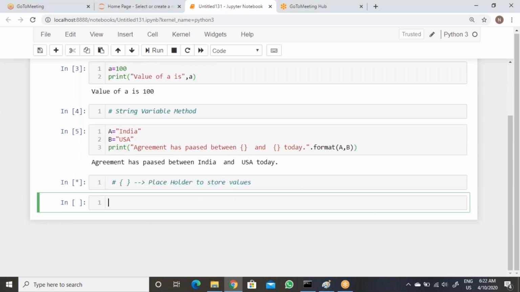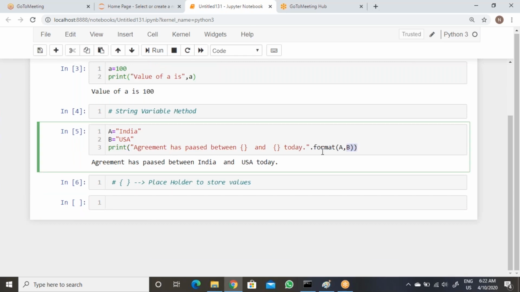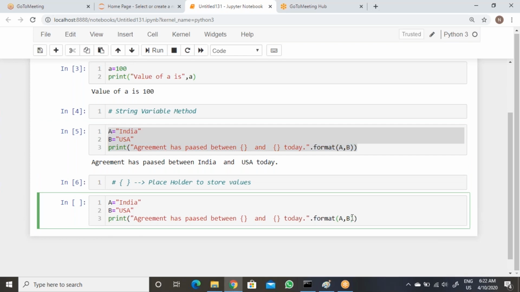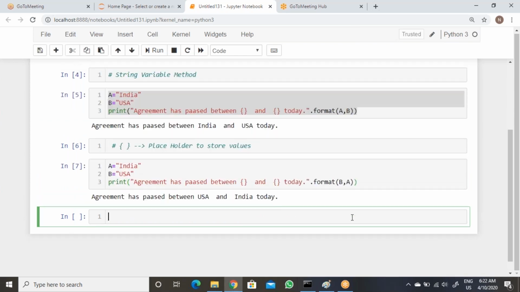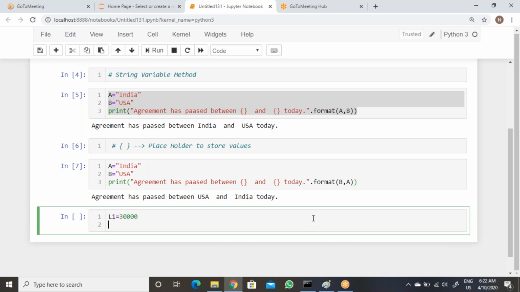A placeholder to store values or variable values. Now take the same thing and change the variable positions, then understand. Agreement has passed between USA and India today.